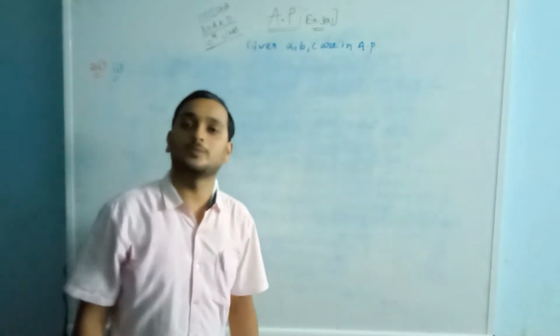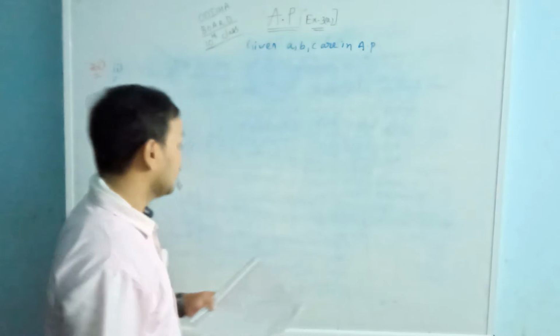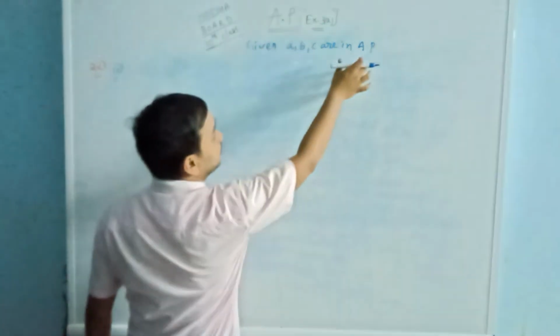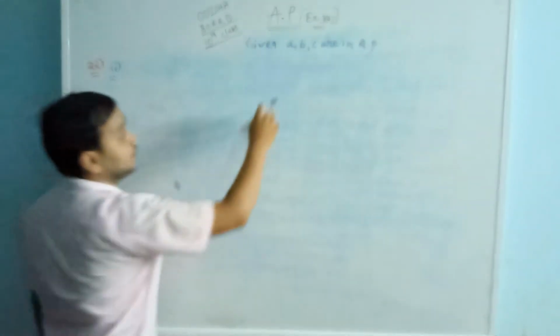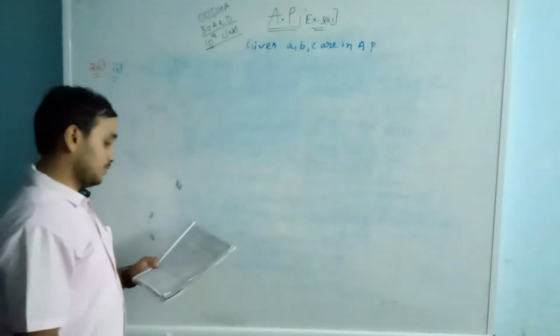I'll figure out the Roman number 1. See, the Roman number 2, what is given? Same. This is same for all Romans. What? A, B, C are in AP. Now we will prove B plus C